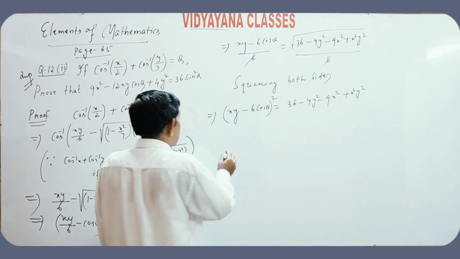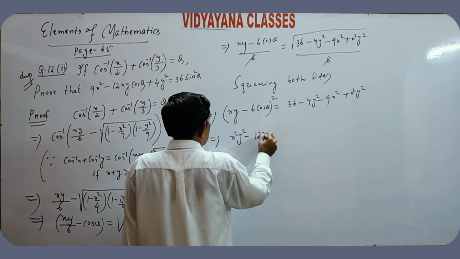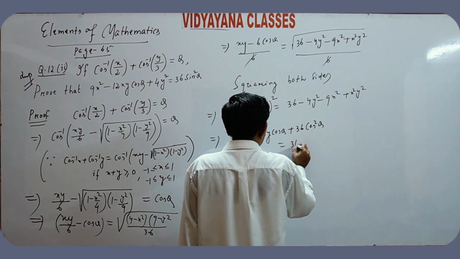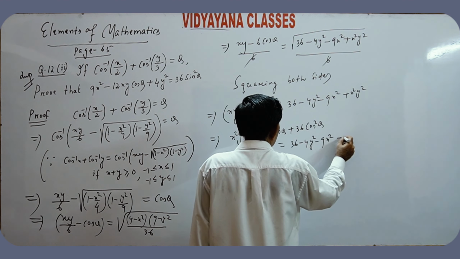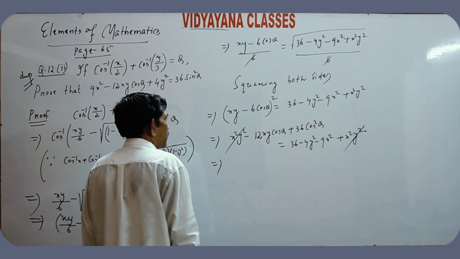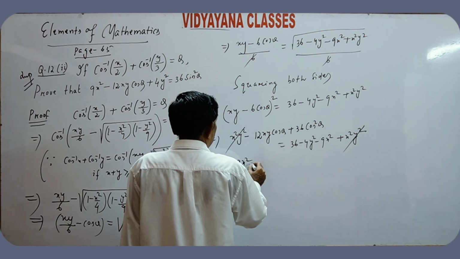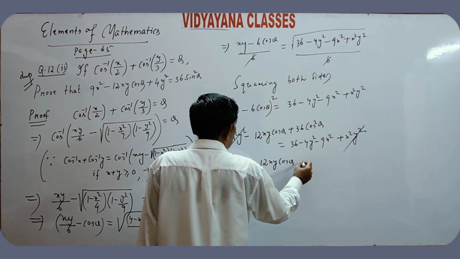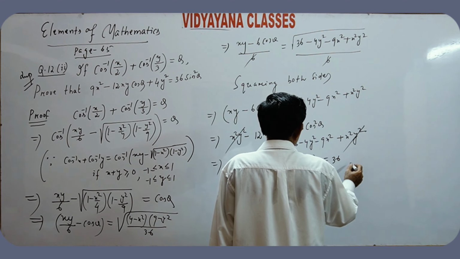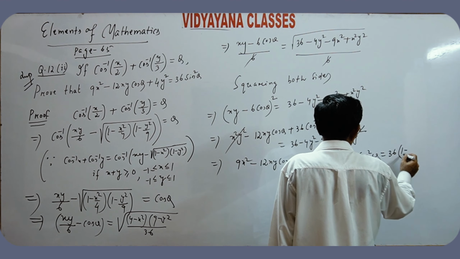Clear? Okay. Which implies x square y square minus 6 into 2, that is 12 xy cos theta plus 36 cos square theta is equal to 36 minus 4y square minus 9x square plus x square into y square. x square y square cancel, which implies 9x square minus 12 xy cos theta plus 4y square is equal to 36 minus 36 cos square theta, which is equal to 36 taking common (1 minus cos square theta),